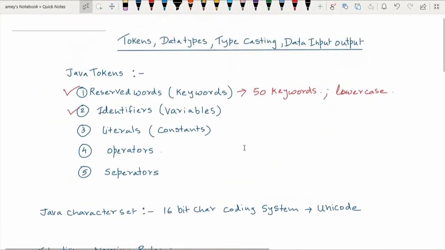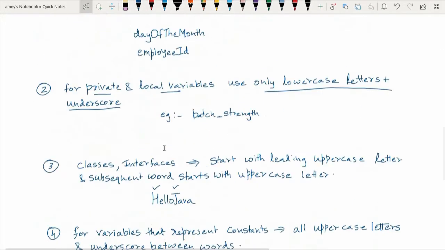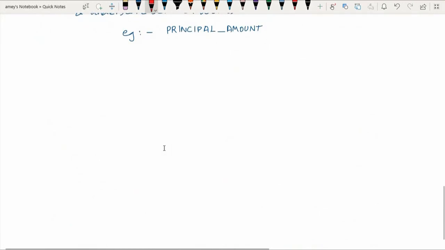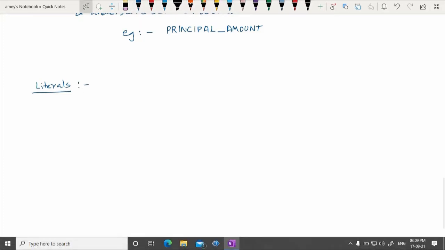After seeing the identifiers, next are the literals, or the constants themselves. So next we will see the literals in Java. Now what is a literal? A literal is basically a sequence of characters. It could be a combination of some digits, letters or other characters. So it is a sequence of characters that represent constant values to be stored in a variable.